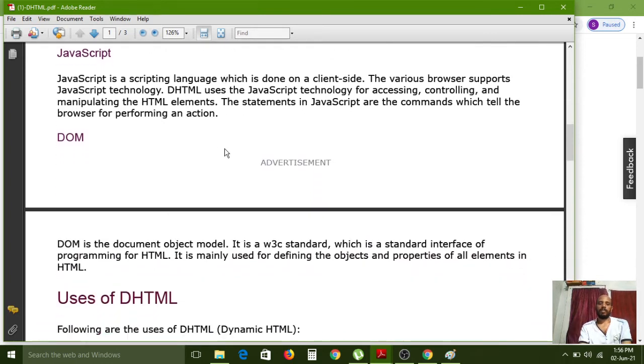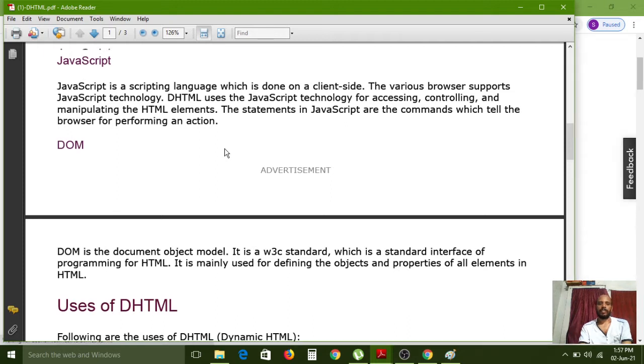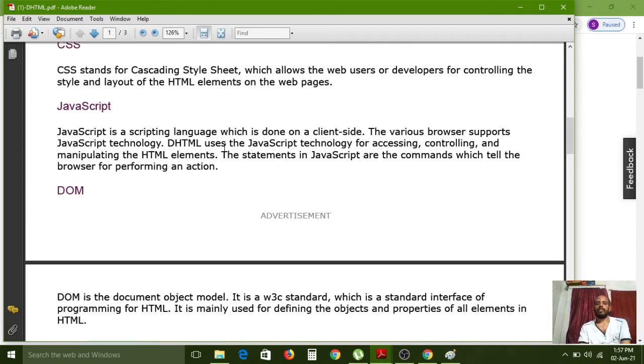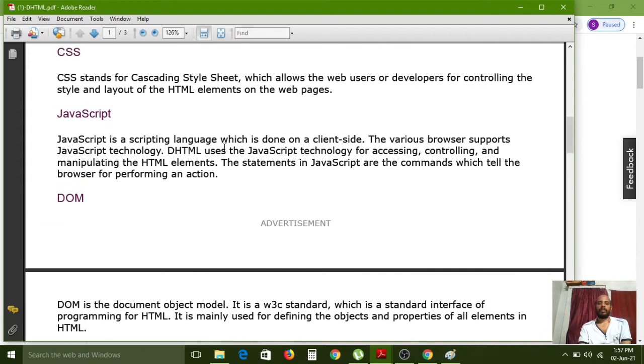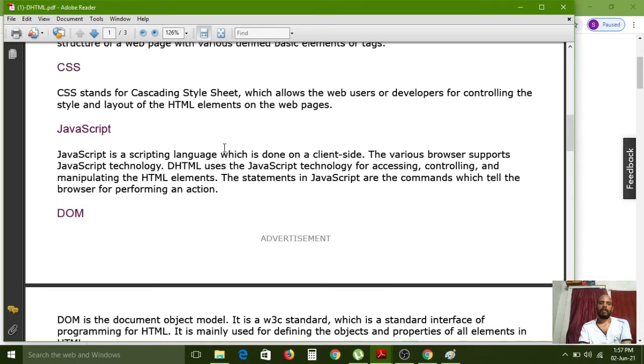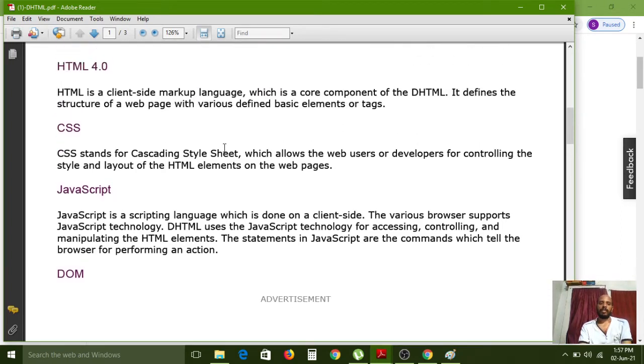DHTML is a concept. It is not a markup language and it is not a programming language. DHTML is a combination of all web technologies. Here I gave four main web technologies, nothing but HTML, CSS, JavaScript, DOM.